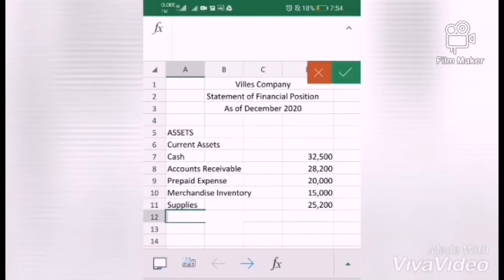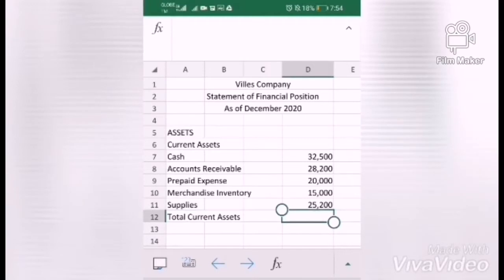When you add them, it will give us a total current assets of 120,900,